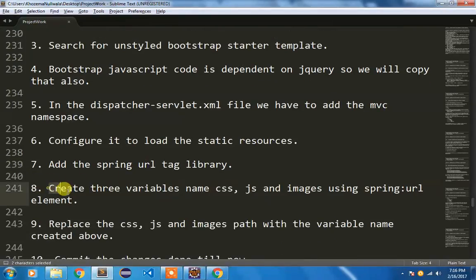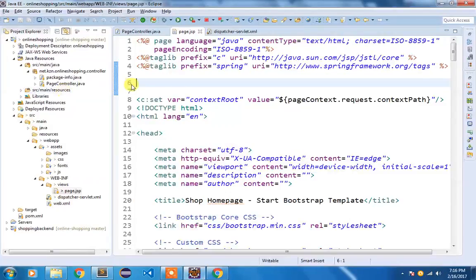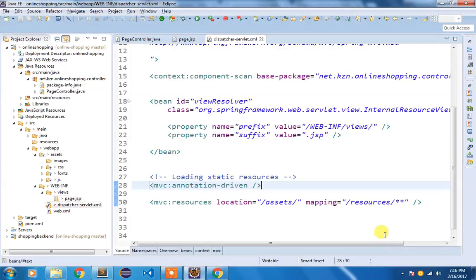Now you need to create three variables, namely CSS, JS and images, using the Spring URL element. So I'm going to add that Spring URL element, spring:url. The variable name would be css. The value will be equal to resources/css. Now this resources comes from your dispatcher servlet, where the mapping we have specified as /resources, which will load the files available in the assets directory.